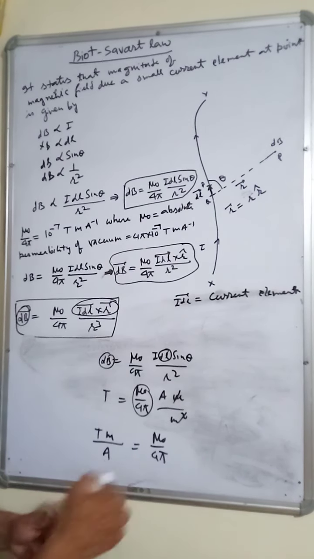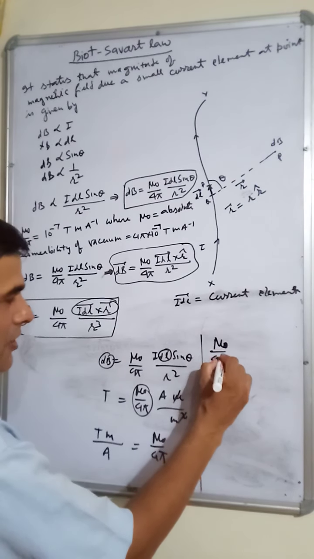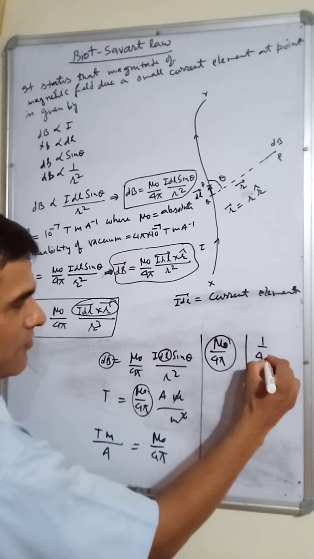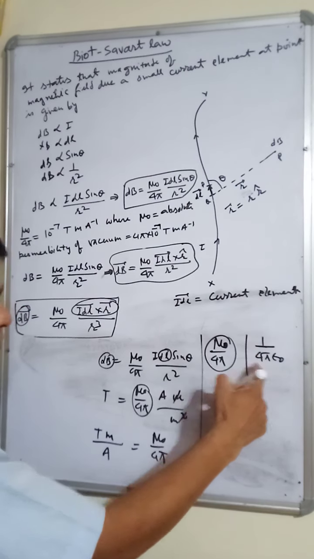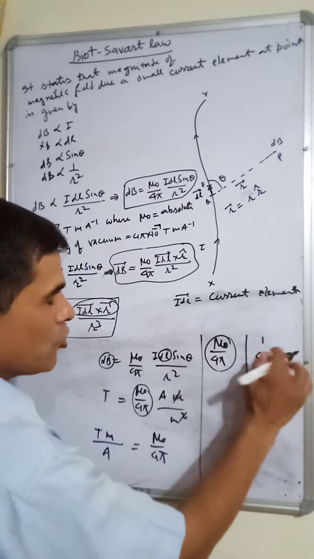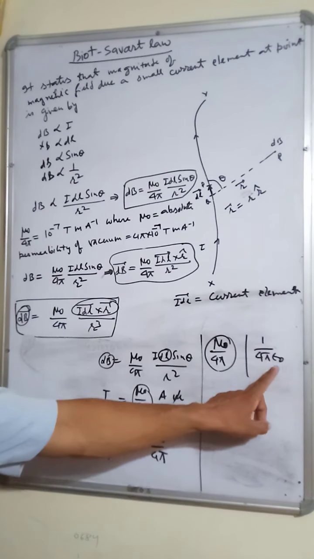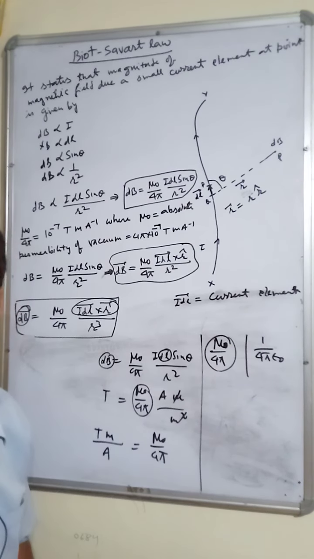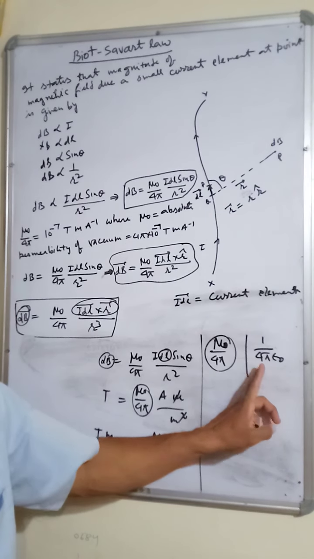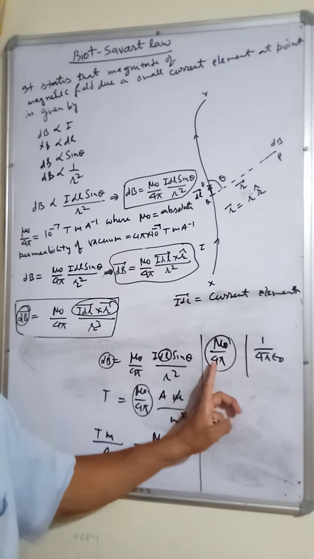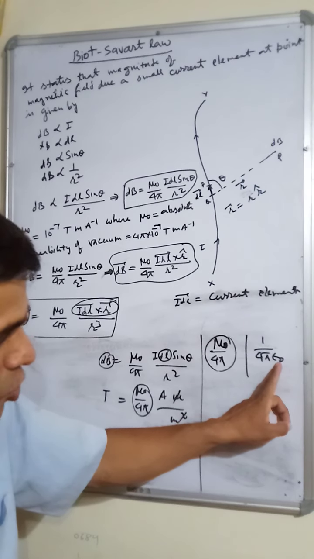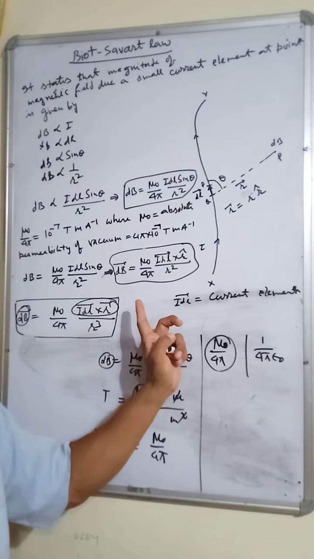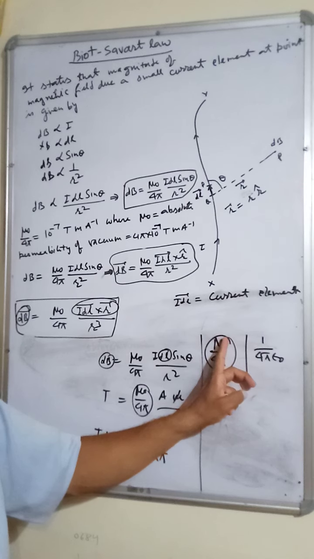And one more important thing is that this is the constant of magnetostatics, and we will use it everywhere in magnetostatics. In place of this mu naught, in electrostatics we have 1 upon 4 pi epsilon naught. So 4 pi is in the numerator here, and mu naught is in this position, so it is the inverse of this one. As we use this constant in electrostatics, the same constant we use in magnetostatics. Epsilon naught is called the absolute permittivity of free space or vacuum. The greater the absolute permittivity of a medium or free space, the lesser will be the electric field. But here it is the reverse: the greater the permeability, the greater will be the field.